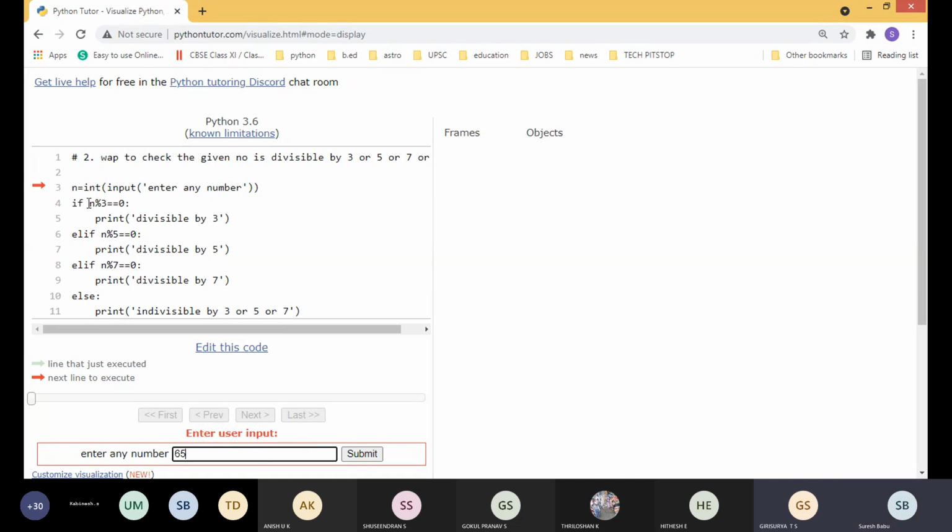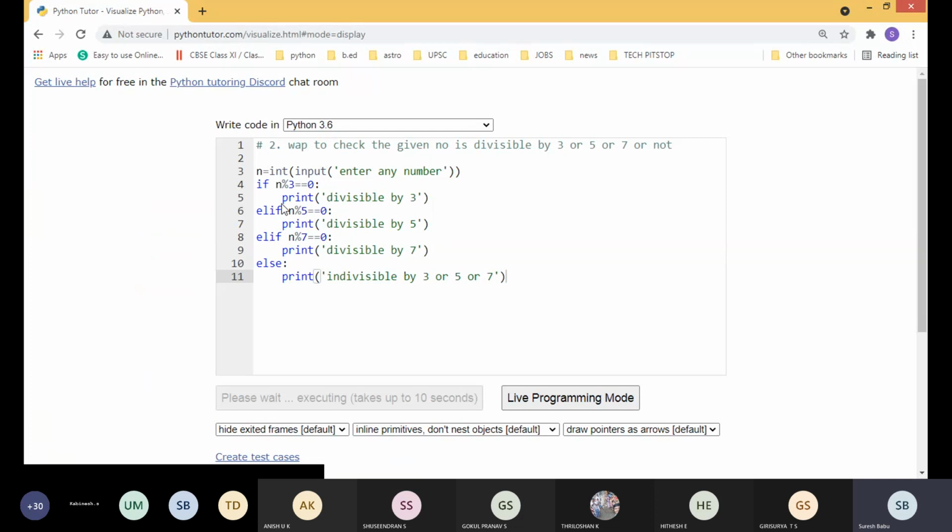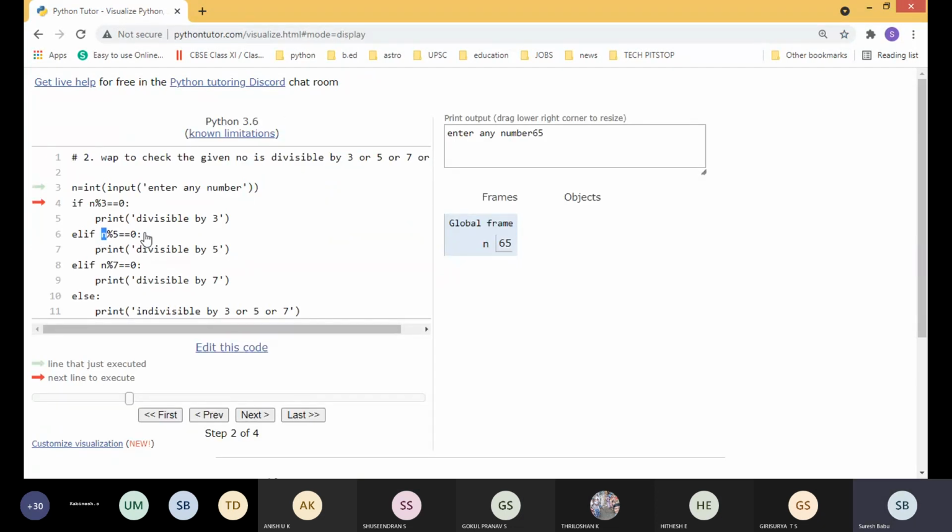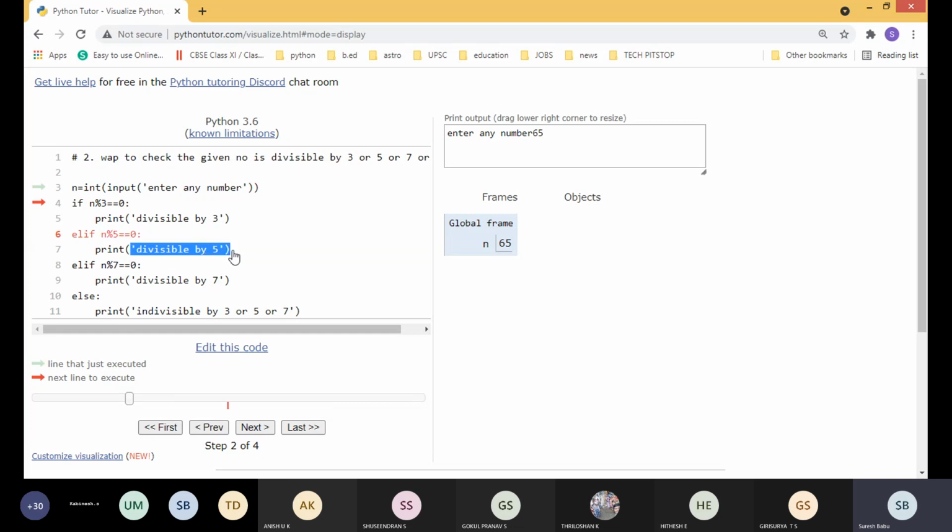First it will check this condition, not satisfying. So it goes for the second one, n modulo 5. It is satisfying and this will return the output divisible by 5. So the sixth line is satisfying, goes to the seventh line, returns the output and terminates the program.